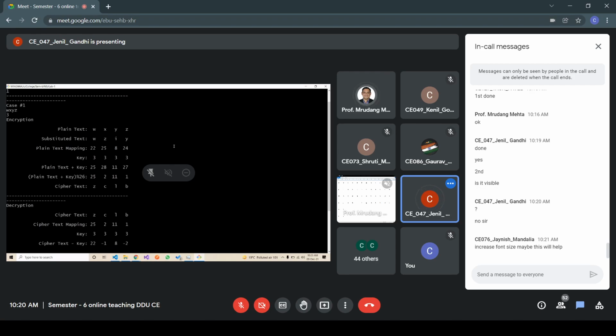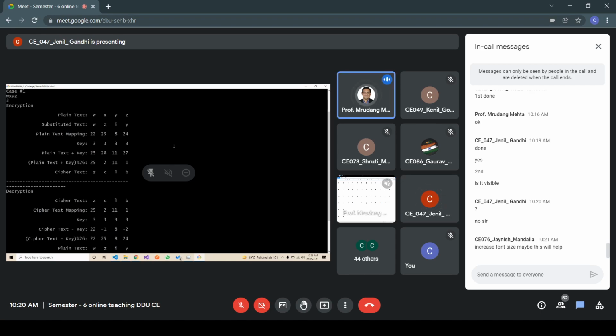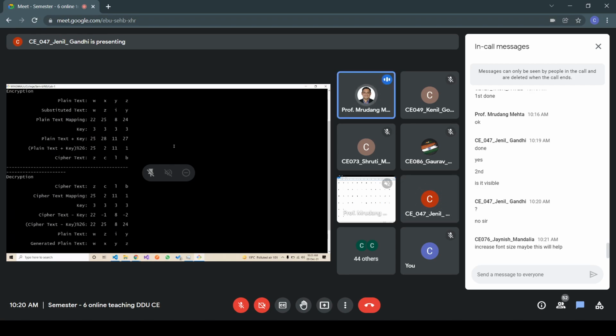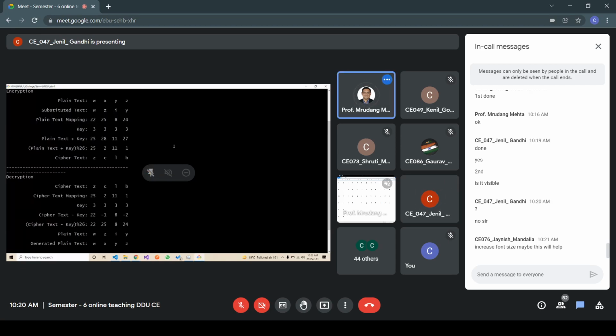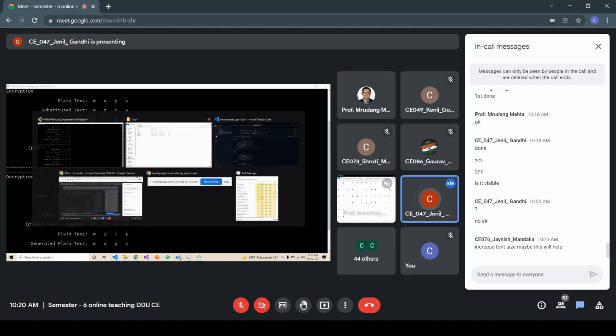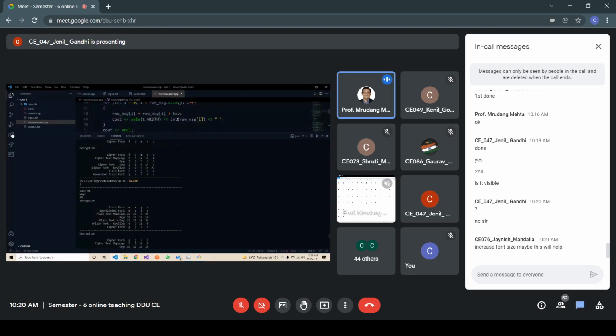So in this program, what is happening is that you are using the same additive shifter, right? Yes. So with the additive shifter, the possibilities still remain the same. But sir, here I'm substituting first. If this is the plain text, I'm using this substituted text from the given array that I've declared here. So how can decryption be done?